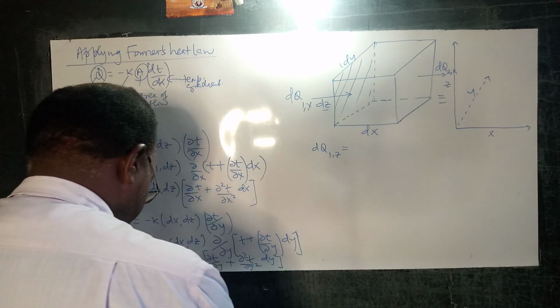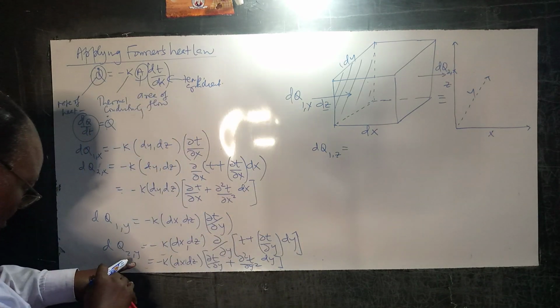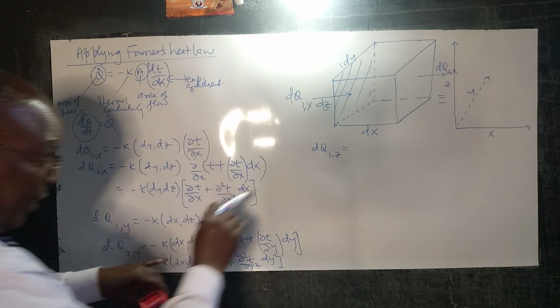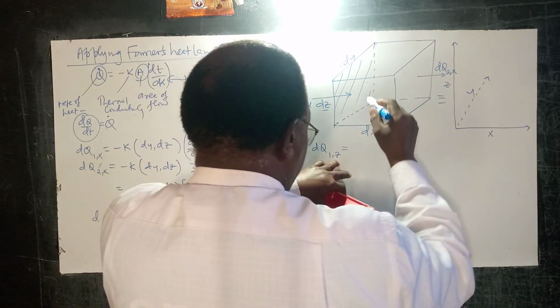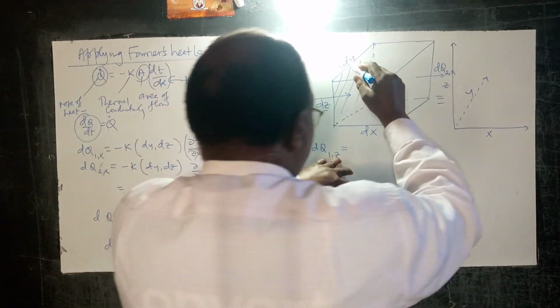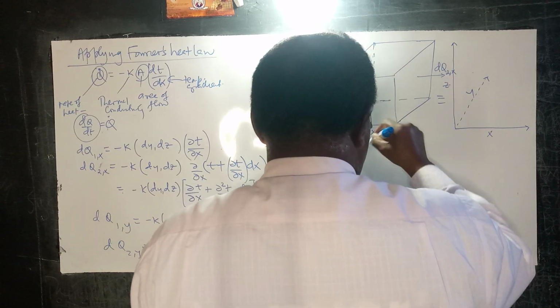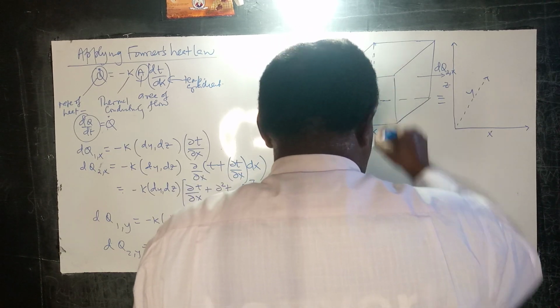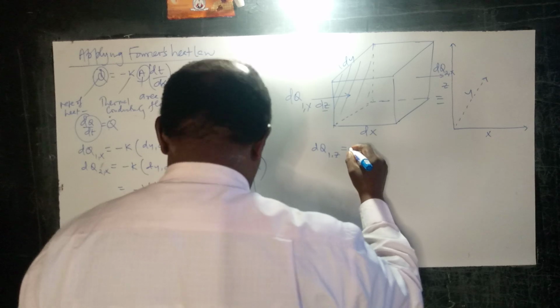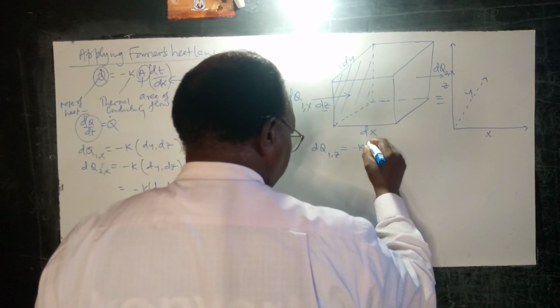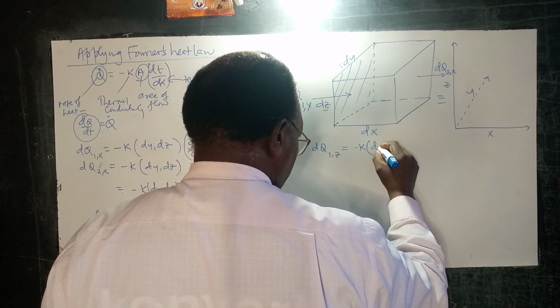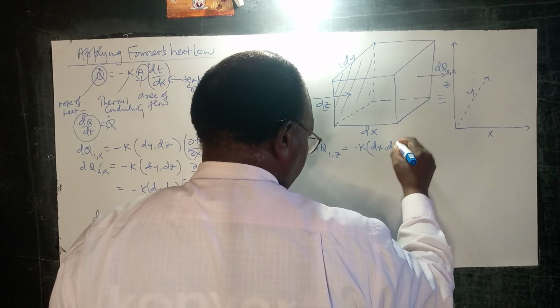Now we are at z, so we are looking at dy and dx, the direction coming in, coming out. So we will have minus k dx dy